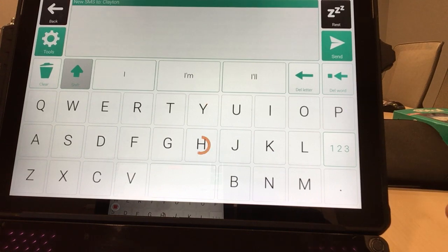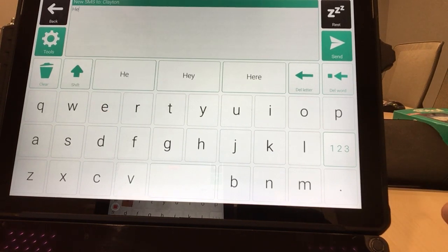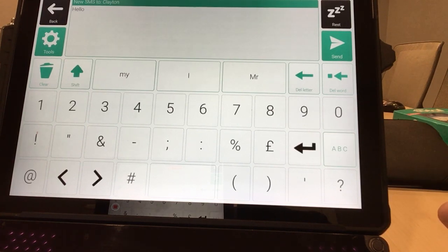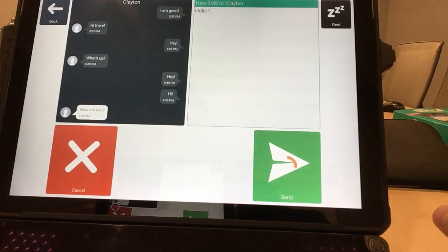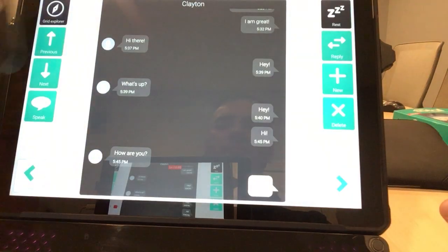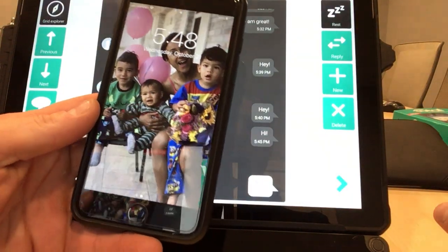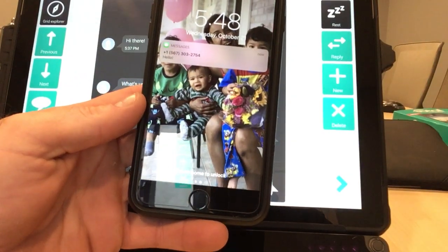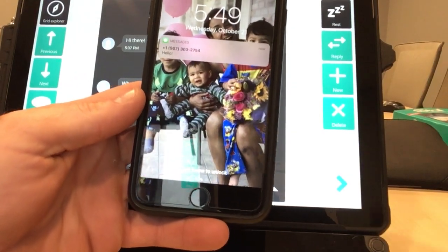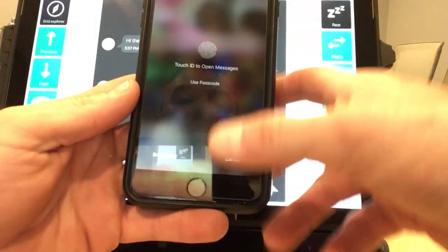So we'll just say hello, H-E-L, and there it is in my word prediction. I'll even put an exclamation mark there. And now with that queued up in my message window, I'll press send and the send button again, and we'll watch the phone here to see if in fact that pops up. Okay, there it is. So that message was sent from that Android phone, but using our WinSlate.